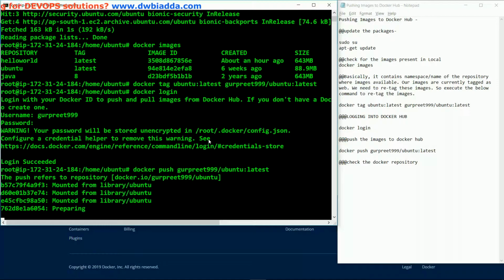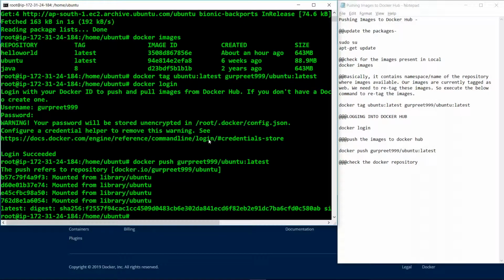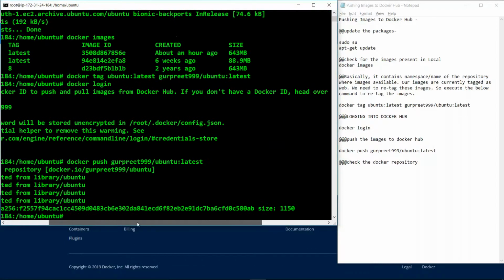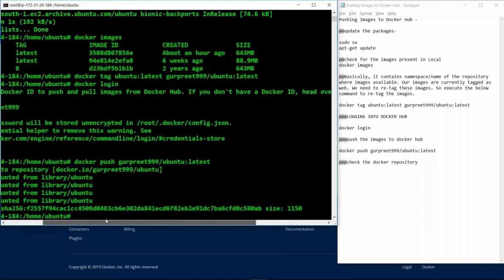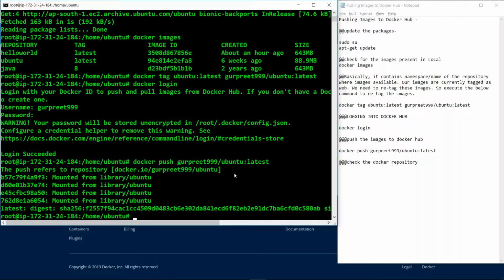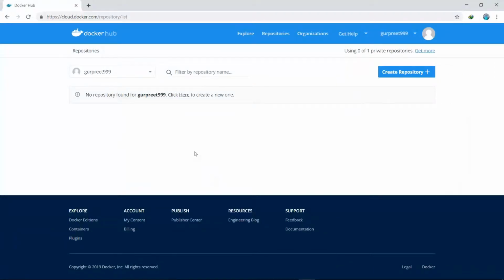After using the docker push command, it will push the Ubuntu image to our Docker Hub registry, and you can see that it has successfully pushed the image, and this is the ID which was used for pushing the image. Now if we go into our Docker Hub registry and refresh it,